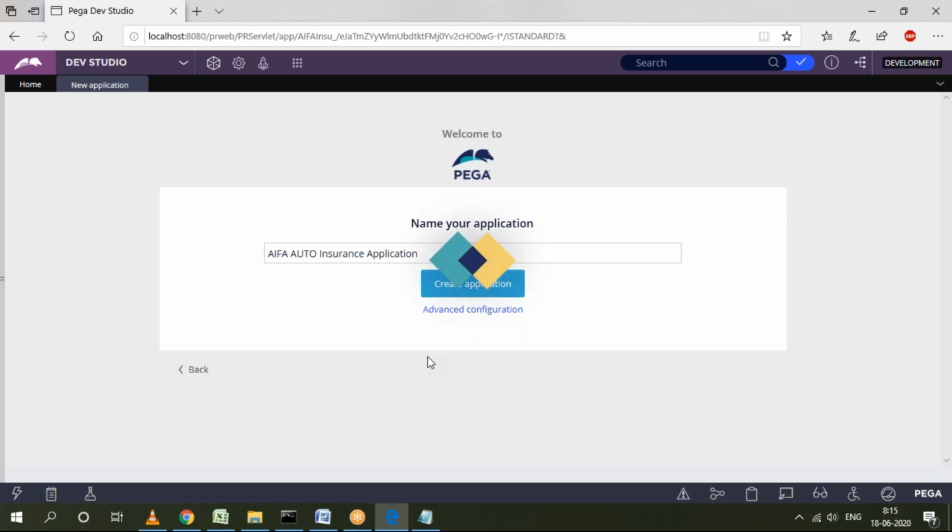Suppose, for example, for the framework there are 5 applications. Not every developer will work on all the applications. Some team will be given one implementation access, another team will be given another implementation access, and another team a third. Depending on which team the developer is under, they will get access to the application accordingly. It is not mandatory that you will get access to all implementation applications. Whichever team you are currently working in, you will get access to their application.